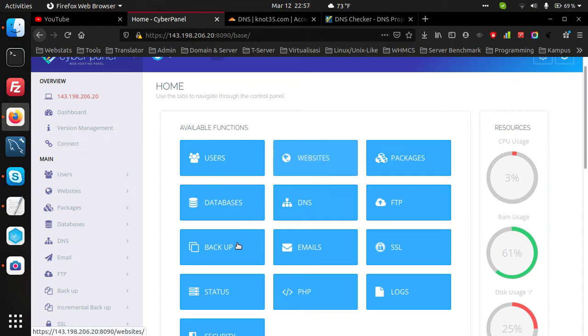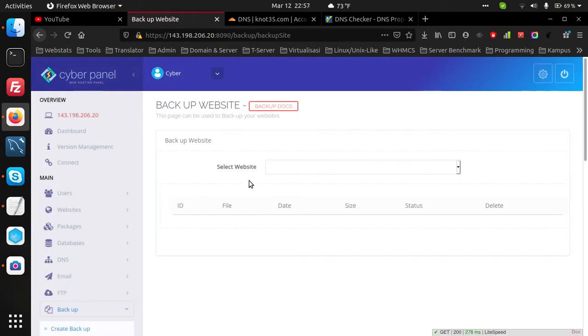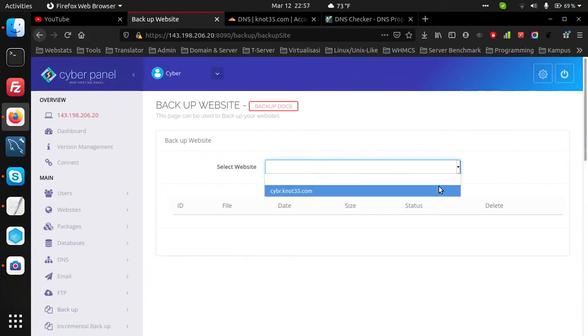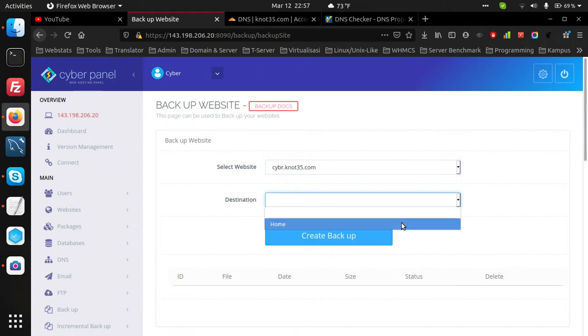Then don't forget to enable backup. So you will get the backup file on your server to prevent data loss. It's like this, choose your domain and destination, home, and create backup.